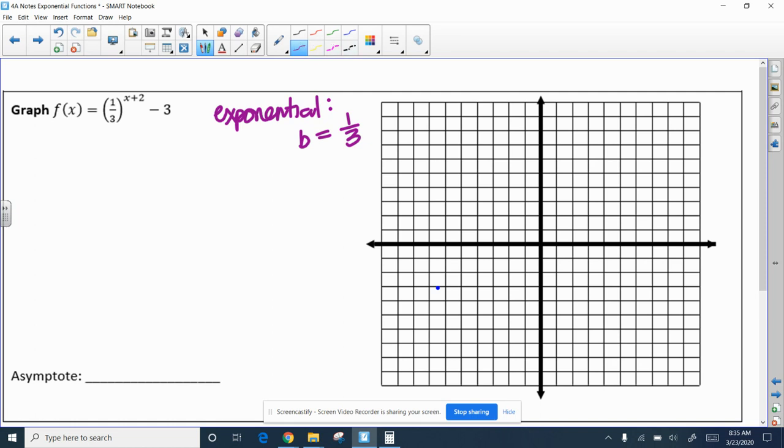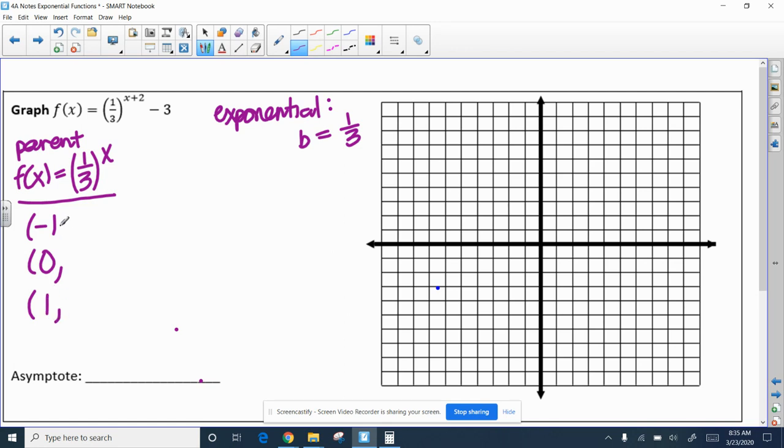So like before, we need to find a parent function. Our parent function here is f of x equals b to the x power, so 1/3 to the x power. And as we've been doing, we need to find 3 points. So I'm going to use -1, 0, and 1 as my x values. And then I plug these in. Now this one, since it's a fraction, it makes this point a little harder. If I do 1/3 to the -1 power,